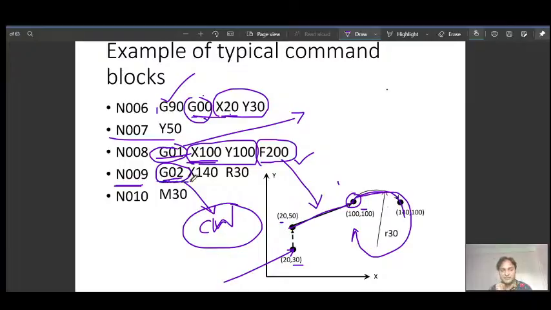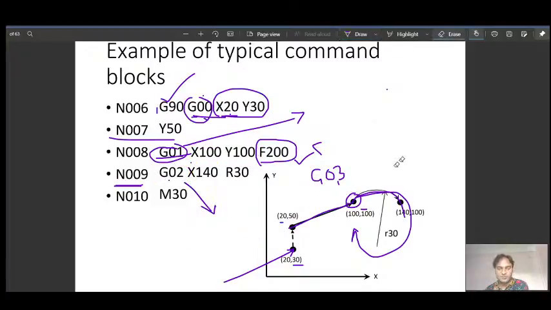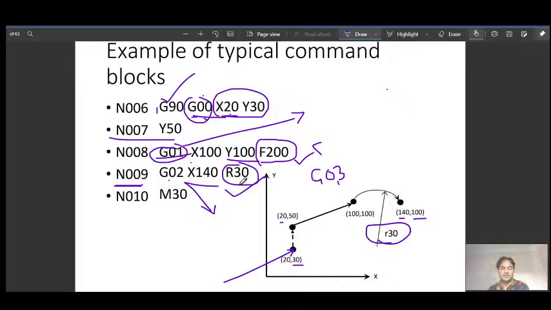And if we have to move the other way, we need to use G03, circular interpolation counterclockwise. Then where should the tool go? We need to supply the coordinate value, x140, and we are not supplying the y value, so it is already 100. And what radius should it follow? Radius 30, R30, we can use it.